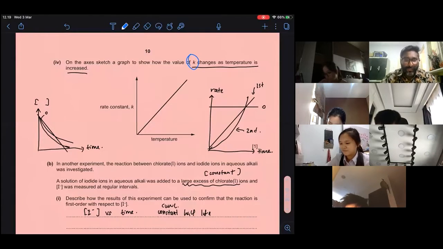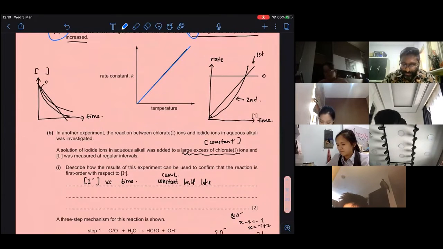So the rate constant will increase as the temperature increases. You can draw this graph, or you can also draw a curve, they do accept it, as long as you can show that it is increasing with temperature. It doesn't matter whether it's going to be a straight line or a curve. Now, B, in another experiment, the reaction is going to be between chloride and iodide